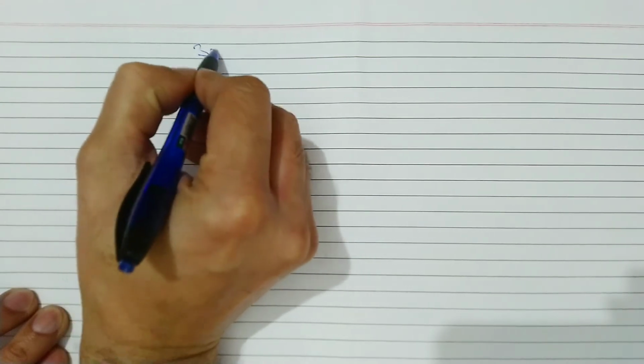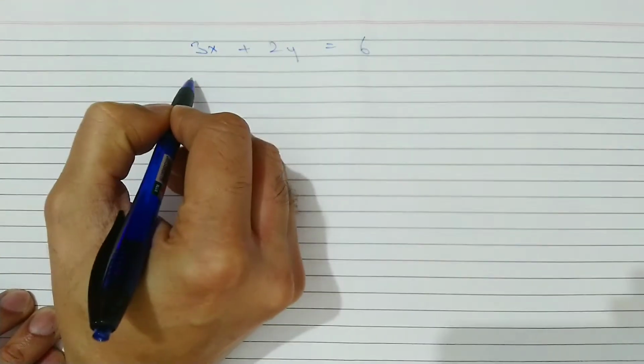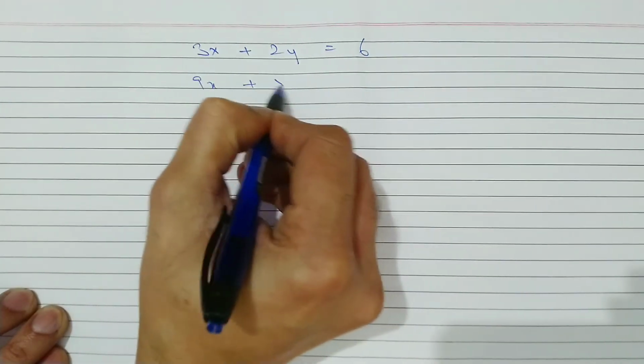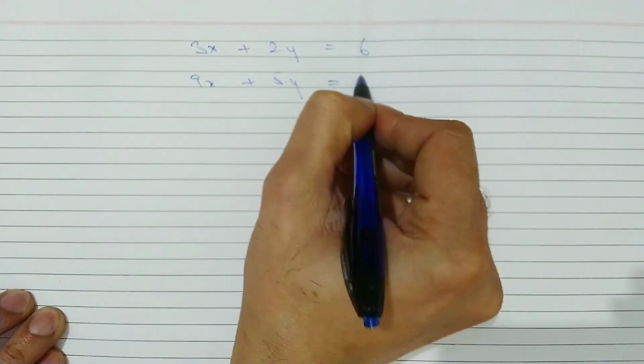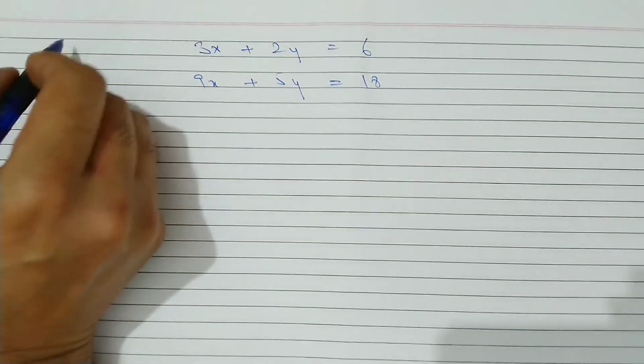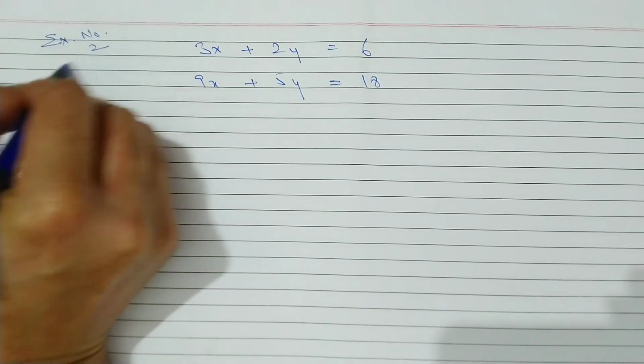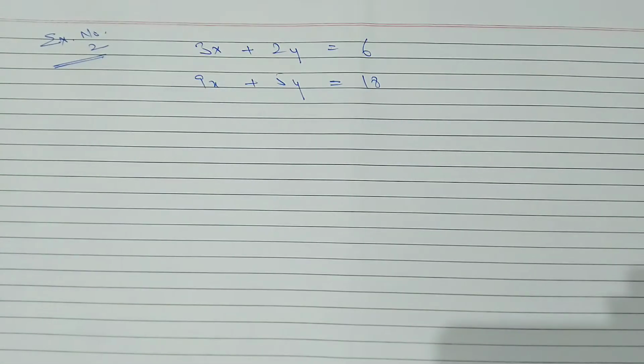One more example. Example number 2. 3x plus 2y equals to 6, 9x plus 5y equals to 18. This is a special case example. Example number 2. Now see,